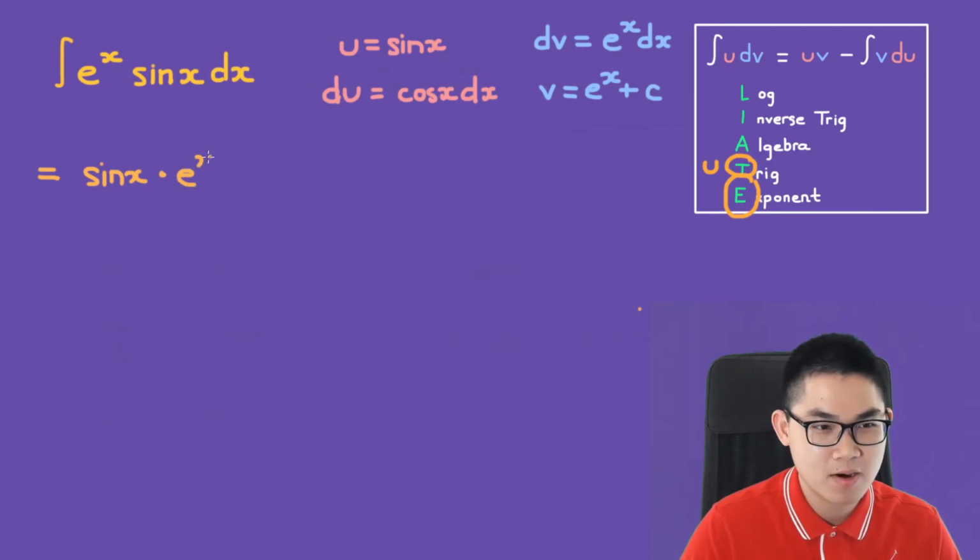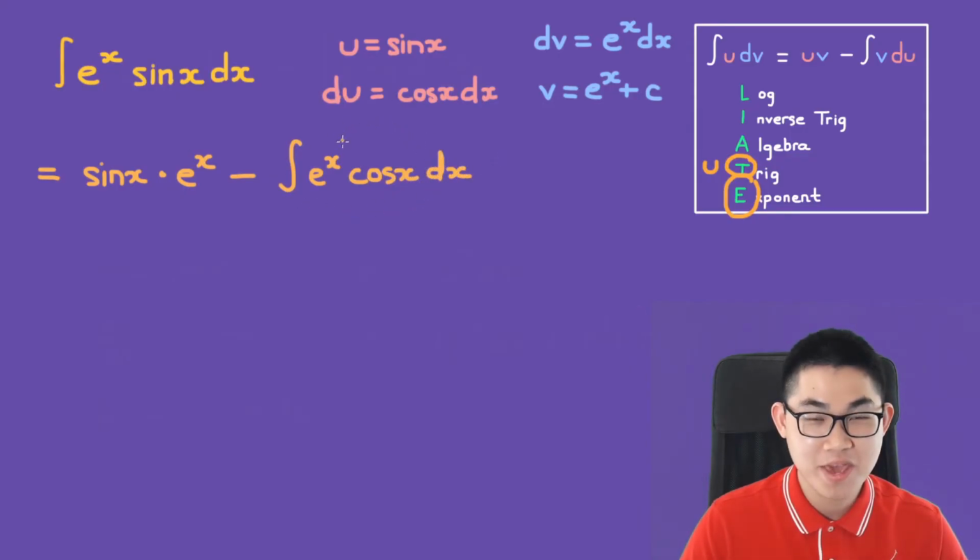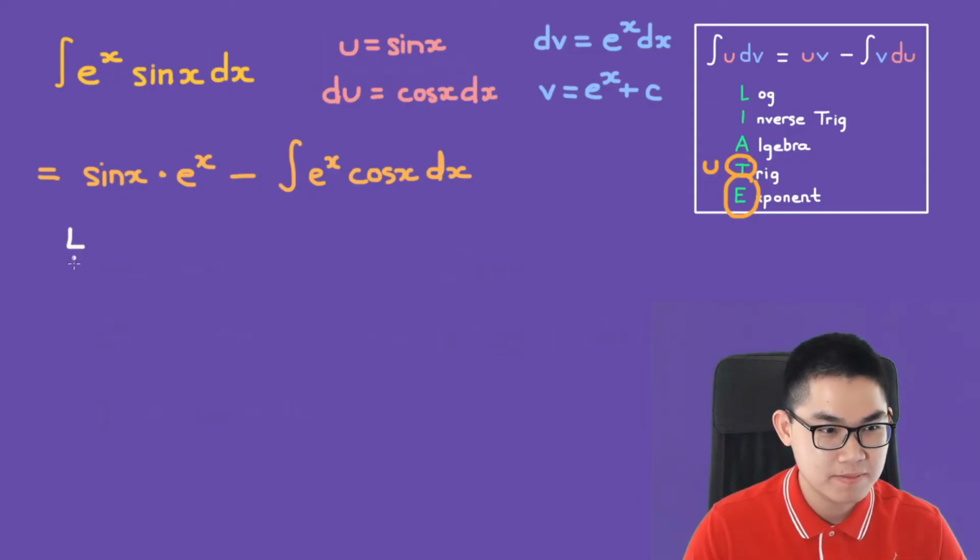So we have e to the power of x, then we minus the integral of v du. So v is also e to the power of x, and you ignore the c, and we have du. And du is cosine of x dx. And to solve this integral, we have to use integration by parts again. So looking at our acronym, LIATE,